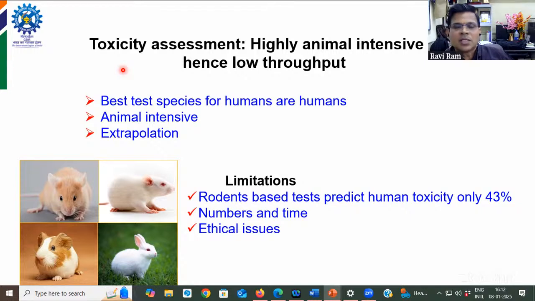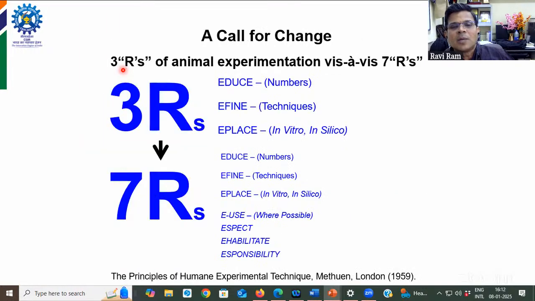That is where there is a major debate going on once again, that we should take away the use of all these animals from toxicity studies or experimental studies for that matter, and come up with approaches where you can reduce or replace the use of animals. The ultimate aim actually started way back in the 1900s, even though